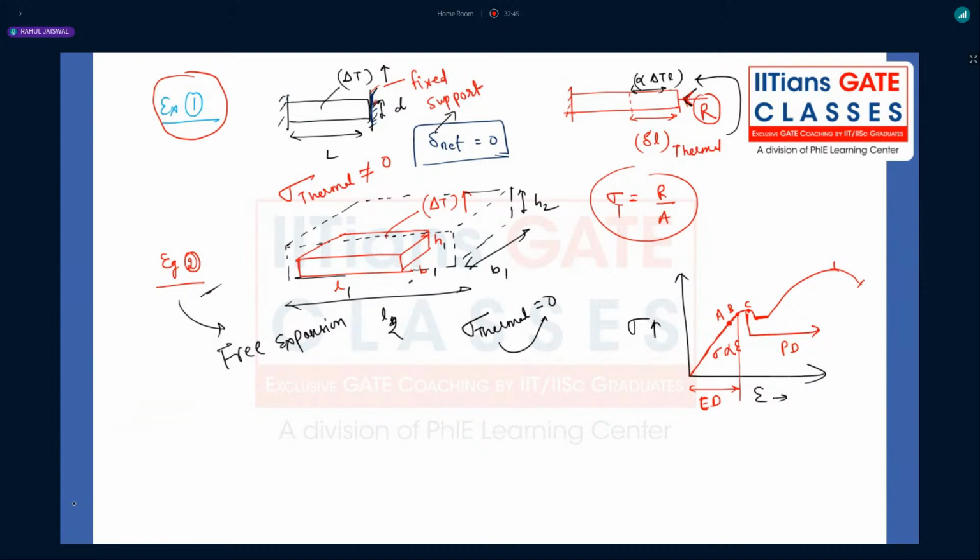Why will it develop some internal resistant forces? Actually, the material wants to expand. Suppose for example, the material name is some example, say X, right? This particular material will see that, okay, temperature has been increased. All my particles will say, we will try to expand. But what will this support say? No, you can't expand,